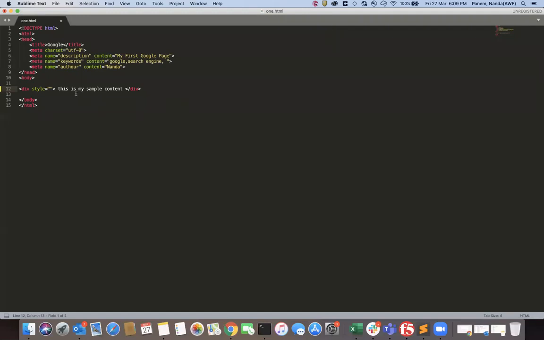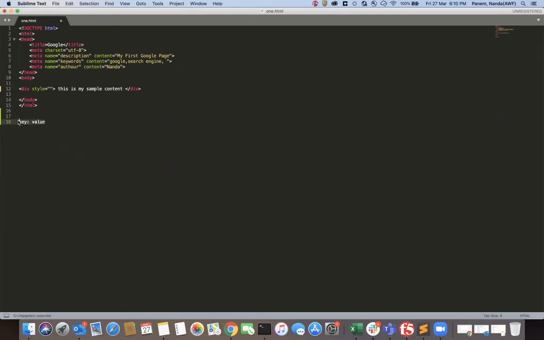Okay. So how can I apply styling for this div? We have an attribute called style, and by using the style, we can apply some styling. So what all goes in the style attribute? How can we provide some styling? We need to use key value pairs to provide any style to the HTML page. The key defines what type of style you are applying. The value defines what value you need to apply for that key.